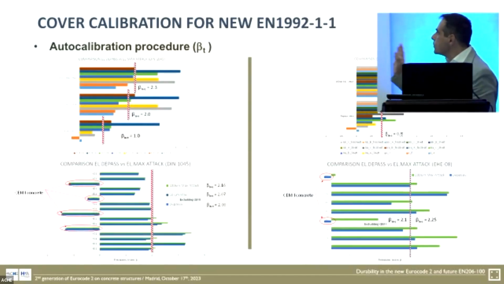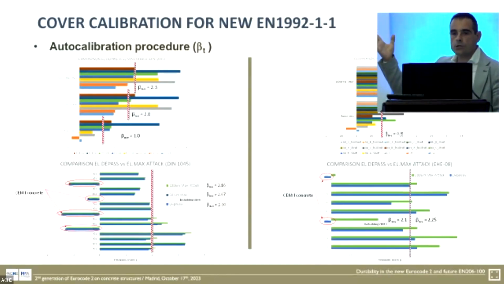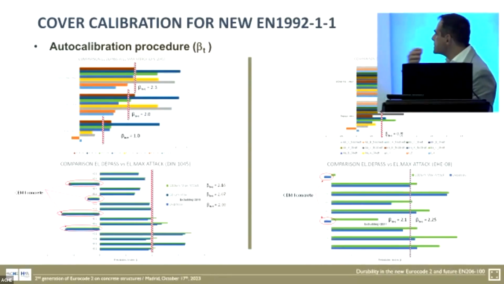So we calibrated both the DIN 1045, which is the German code, and the EHE-08, the Spanish code. You will see at the top the carbonation state, which has an average position of 2, which is cheaper to design against carbonation than against chloride, where you will see that the average value is about 1 on the bottom and 0.8